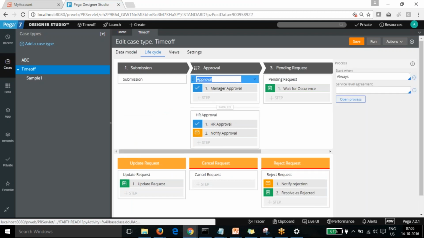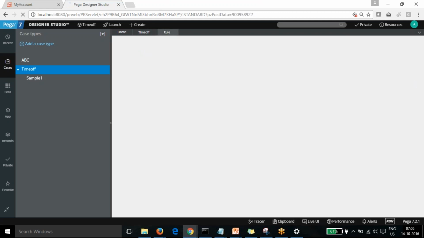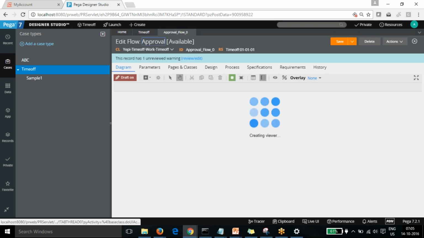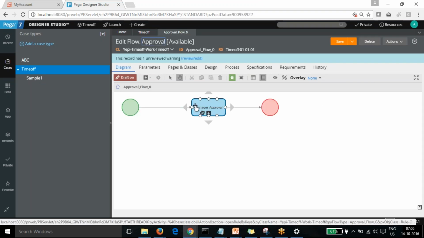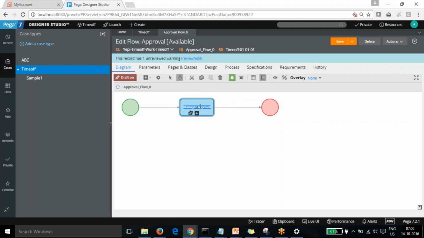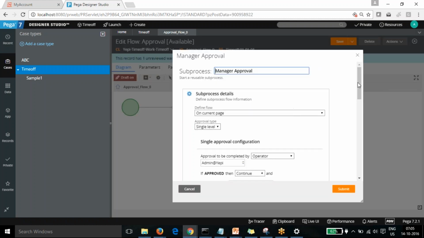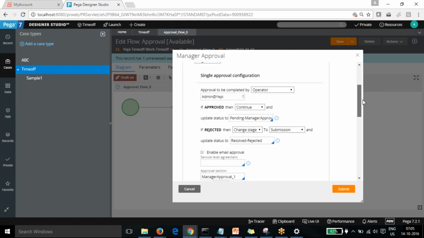For that we need to open the process. Okay, if you can see, this one manager approval is a subprocess.